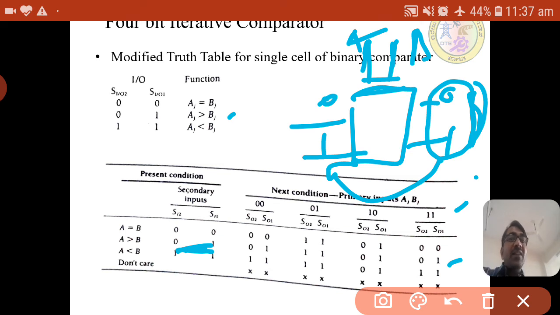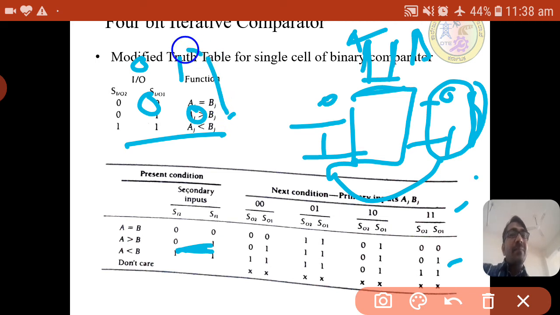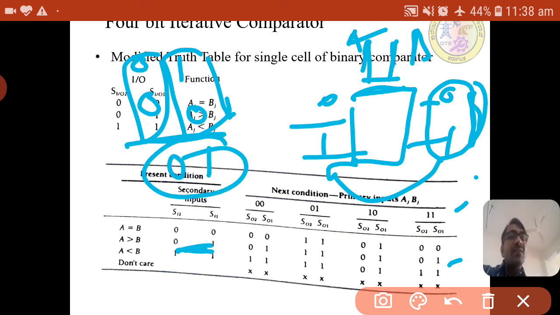For example, 0 0 and 0 1 is A greater than B. If the present pair gives A greater than B, but the next pair is 0 0, what is the total result? A greater than B only.